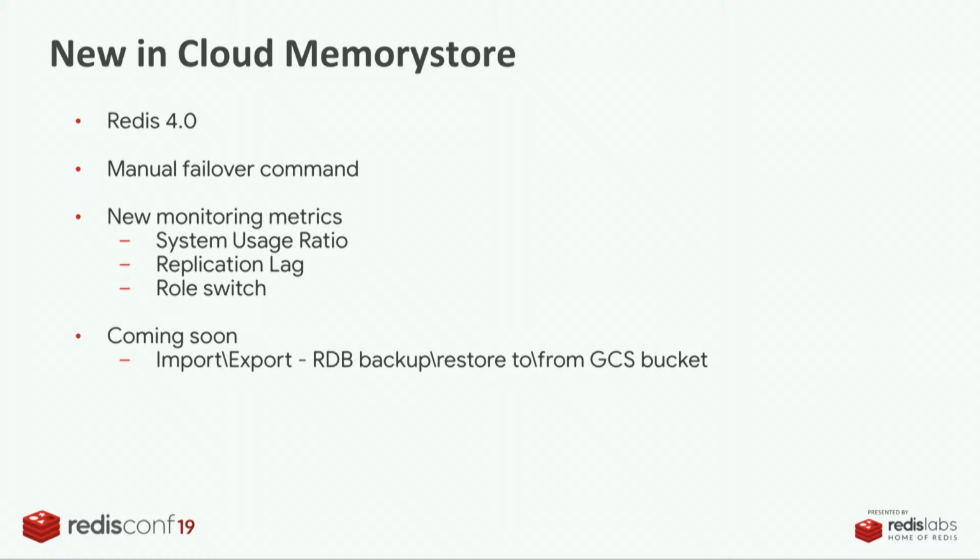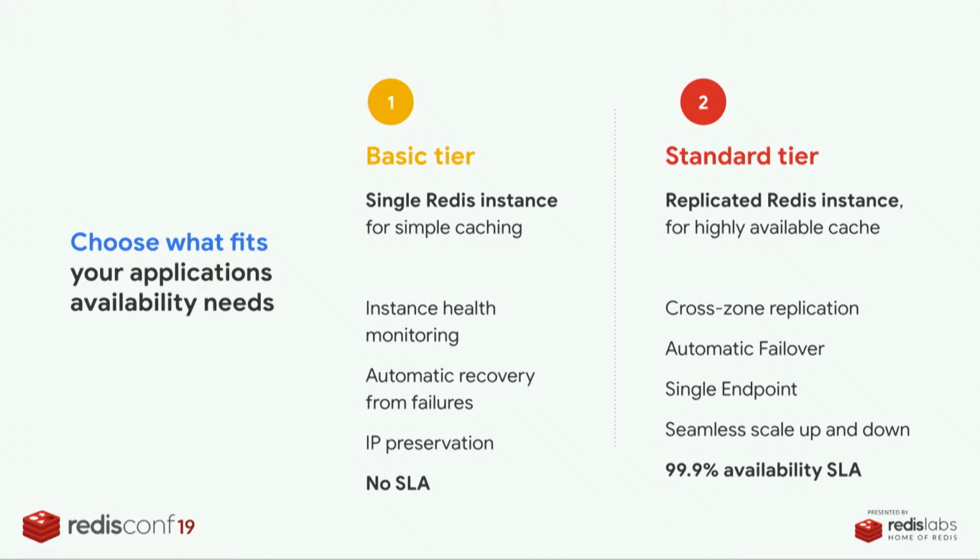Cloud Memorystore went GA about 4 or 5 months back. So we've been working very hard in terms of providing more features for the service. One of the things I want to point out is that in both of these cases, Memorystore is a single master deployment. So what that means is that if you ask the question, do we have Redis cluster at this point? No, we haven't released Redis cluster yet. So both basic instance, obviously, and standard tier are single master deployment. So all your application load is going to one single node,